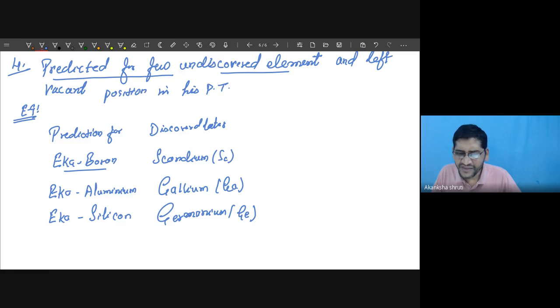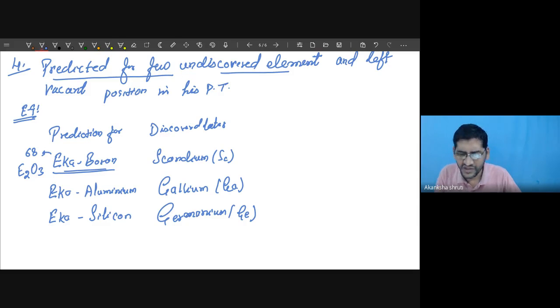The formula, atomic mass, all these things were also quite matching. So for example, you can write for the Eka-boron. What was his prediction for the Eka-boron? He had predicted that the mass will be around 68, and he had also given the formula of the oxide of this Eka-boron, which will be E2O3,